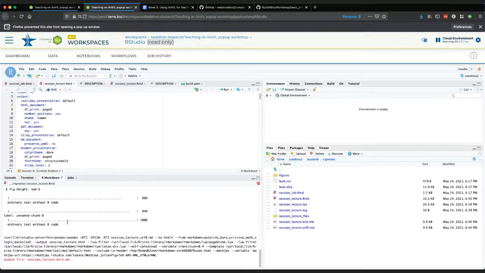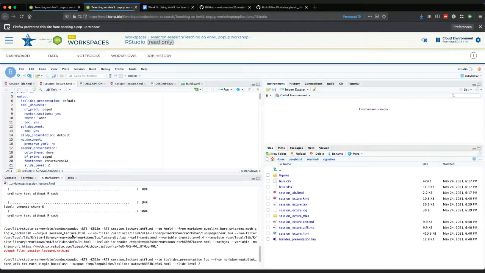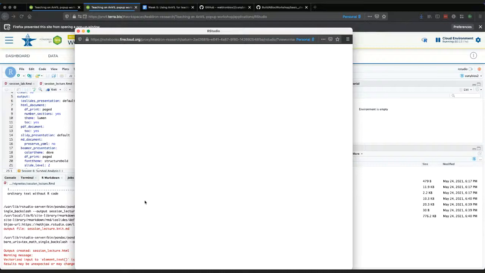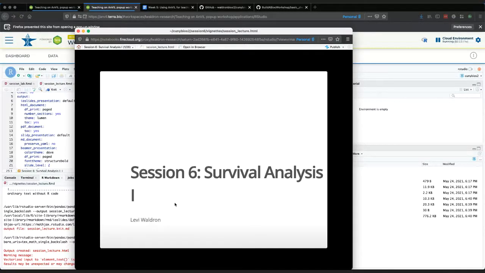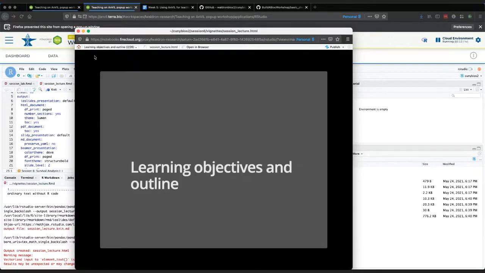Okay, that was because I was trying to produce a PDF document, which I don't need. And the reason that I have that there is because